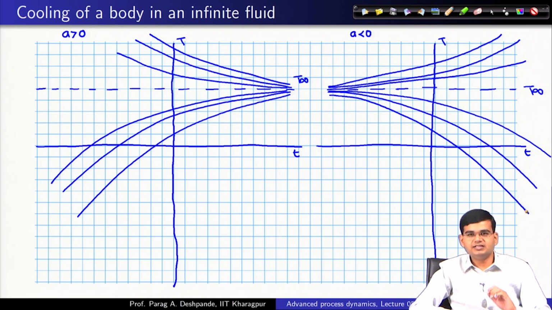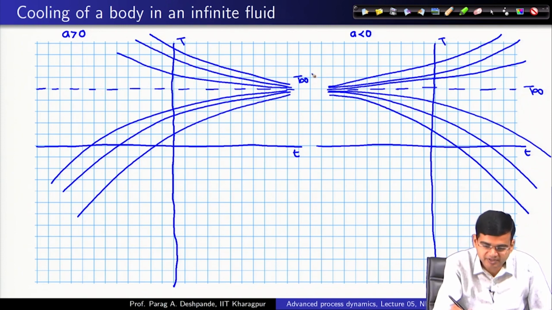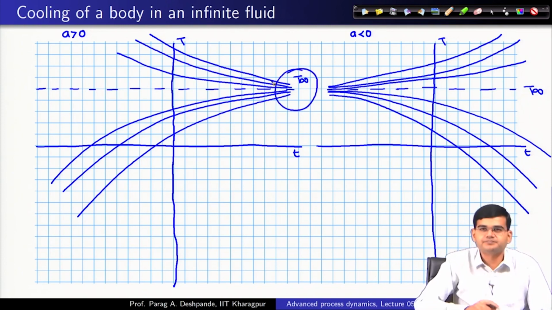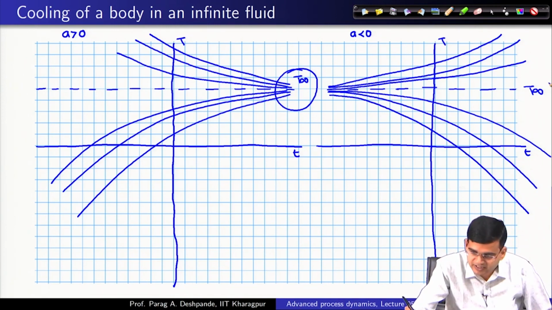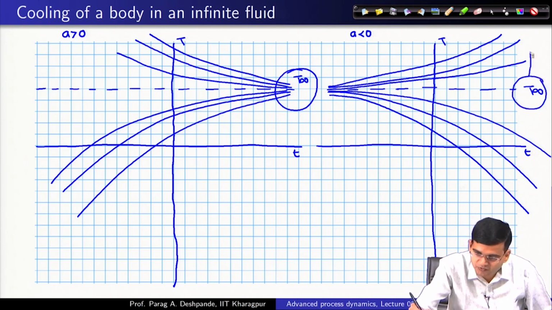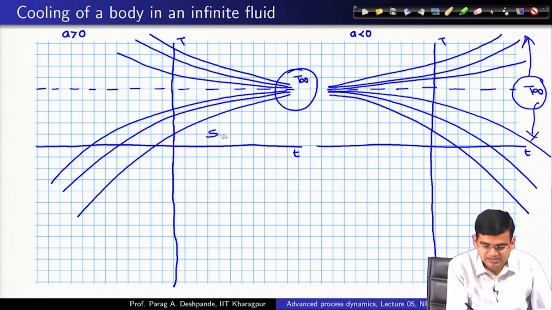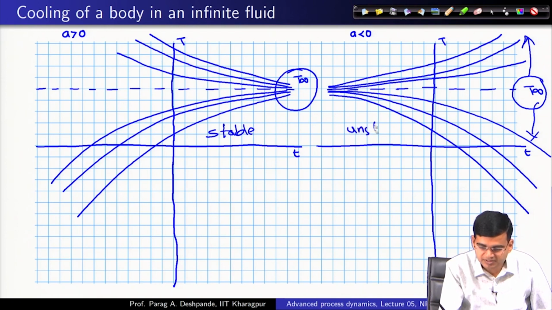As long as my a is greater than 0, irrespective of the initial condition, my final fate is that I am going to end up at T infinity, and this is going to be exactly opposite when the sign of a changes, you move away from T infinity. So, therefore, you have a stable system here and you have an unstable system here, and therefore, the system